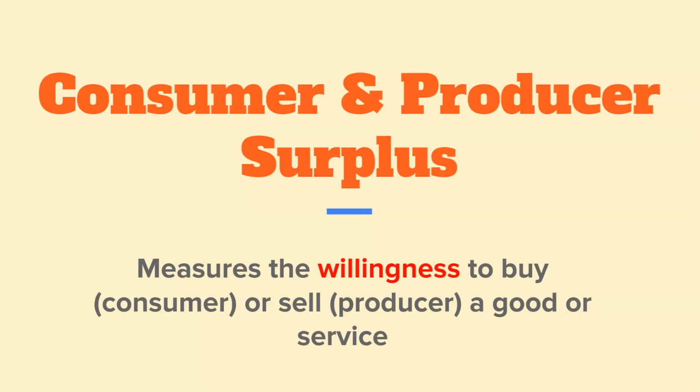This is measuring the willingness to pay or buy from a consumer's point of view. How much are you willing to pay for a particular item? That is your consumer surplus. You may not have to spend that much, but it is your willingness to buy. Likewise, a producer surplus is a willingness to sell, in terms of what you would be willing to sell it for. You may not have to, because you can sell it for more, but there is a willingness there to sell